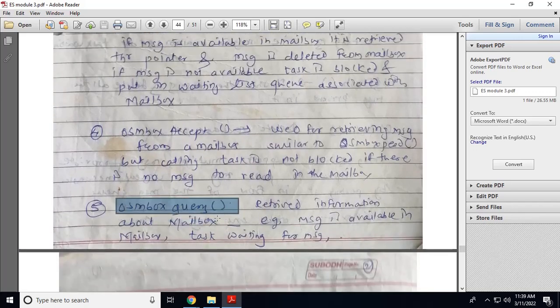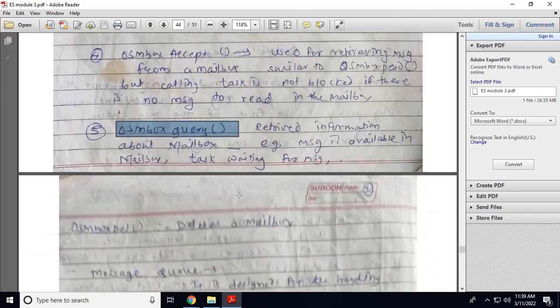OS mailbox query is used to retrieve information about the mailbox, for example whether a message is available or not, and how many tasks are waiting for the message. Such information you can retrieve by calling the function OS mailbox query. OS mailbox delete will delete the mailbox.